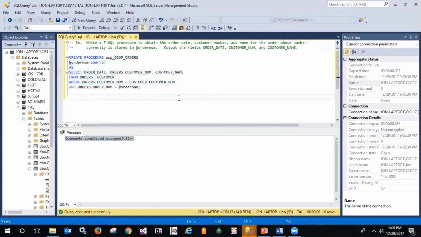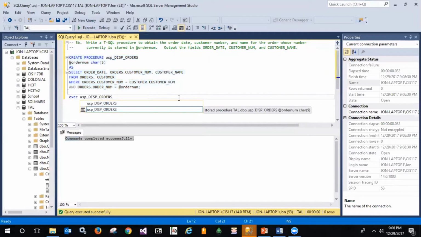So now we should be able to exec usp_disp_orders @order num